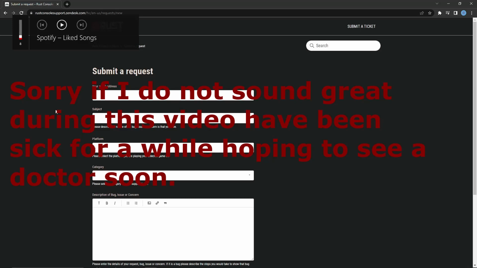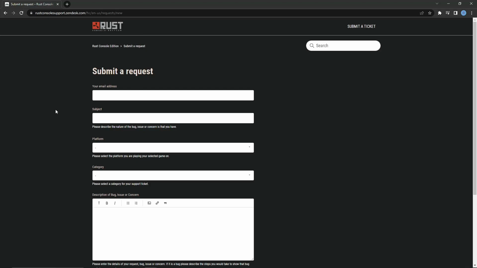Today we're going to be discussing what we can do as the community about cheating players in the game of Rust Console Edition. And this not only goes for cheaters but also people that have been racist or making swastikas in the map or anything like that. This is where you can come to report all of them. Rust console